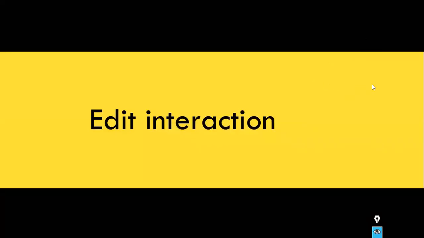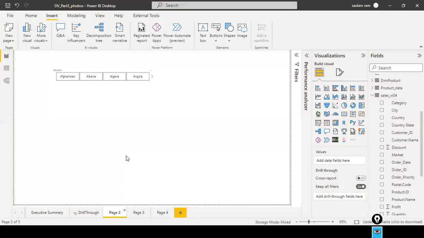So next up, we will take a look at what is edit interaction in Power BI. Before moving ahead, let us first understand what is interaction in Power BI. By default, I have already shown you, all visuals in a Power BI report page are interactive with each other. That means if you select any value in a slicer,